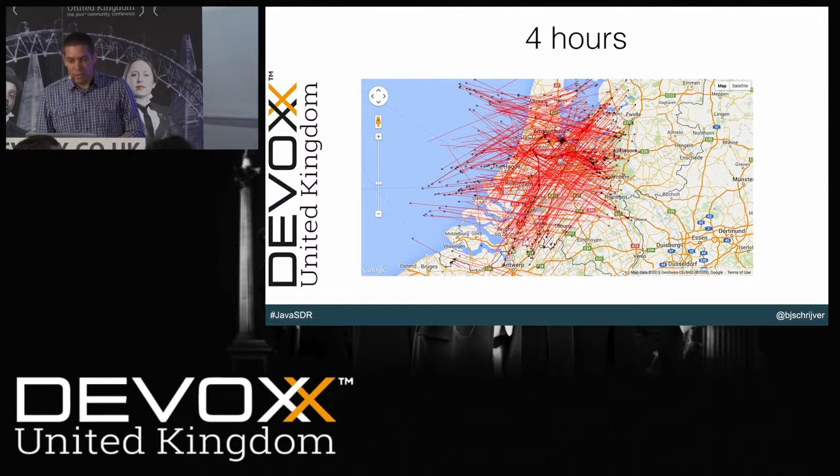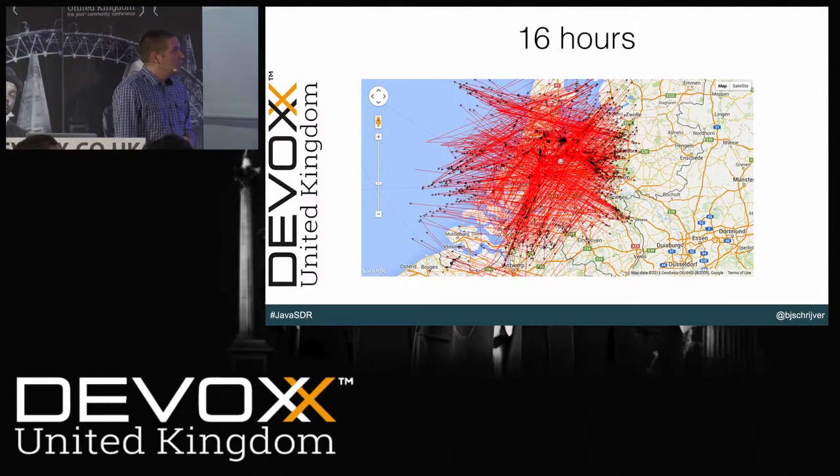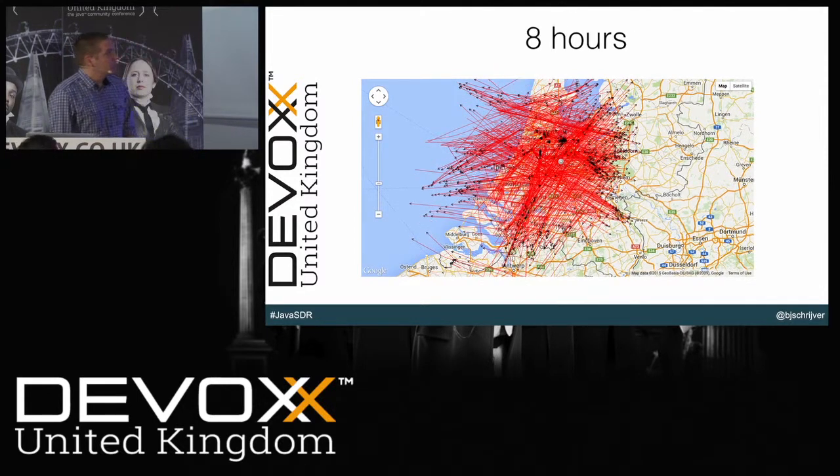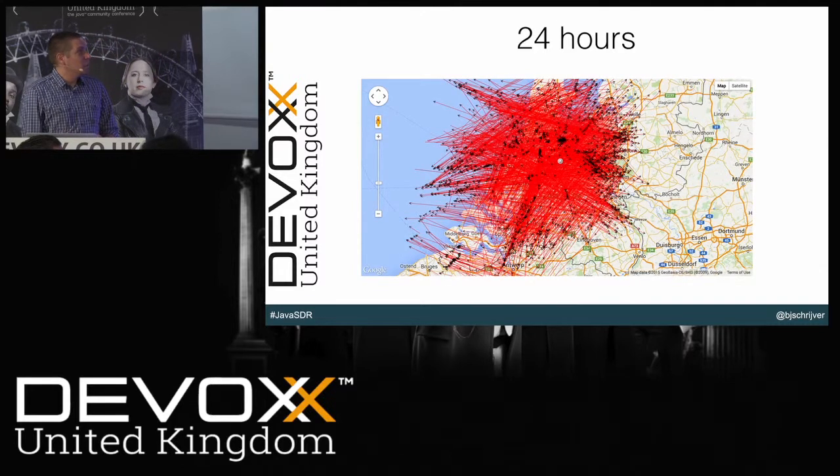We go to 4 hours, there's a bit more. We can jump to 8 hours. There's already not really much to see anymore. 16 hours, and that's not really a big difference between 8 and 16. But this is probably because I took these shots yesterday afternoon. So when you go back 16 hours, you end up somewhere in the night. And in the night, there are usually fewer planes than during the day. So we can increase this to 24 hours, and then we should see something different. Yeah, so that's just 24 hours of data. That's a lot of planes crossing above your house.